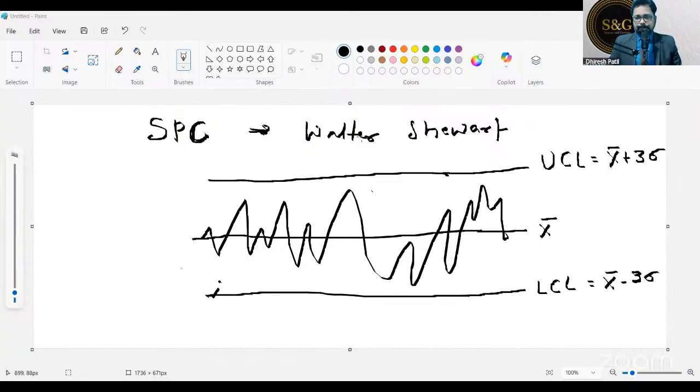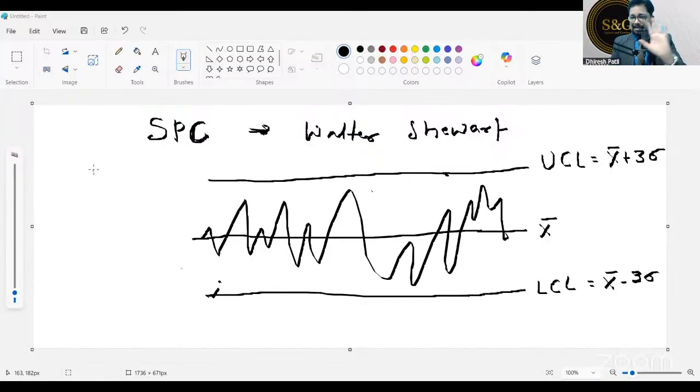Yeah, so what I was talking about is, this is the basic fundamental control chart. You just plot your process output, let's say production data, or any quality parameter being monitored, as far as the time is concerned. So what happens is you measure the X bar. X bar is nothing but the average of all the data points. Then UCL, which is upper control limit, and then comes the LCL, which is lower control limit. Upper control limit is X bar plus 3 standard deviation. Lower control limit is X bar minus 3 standard deviation.